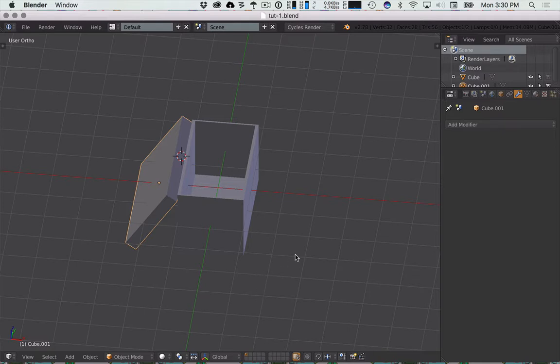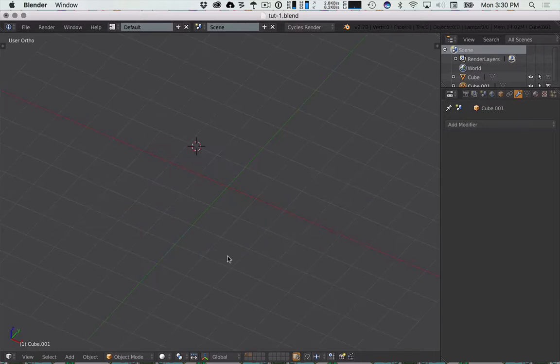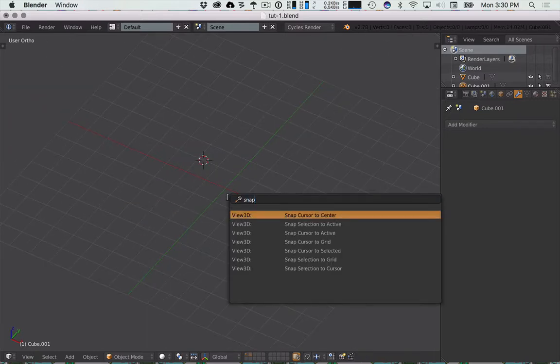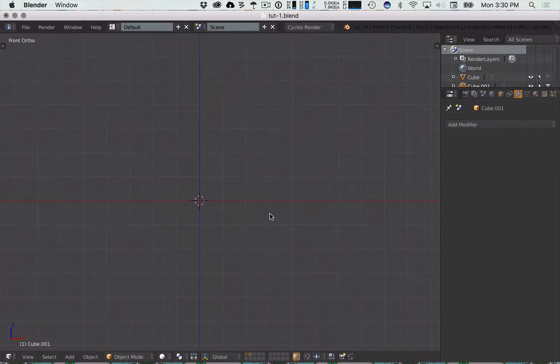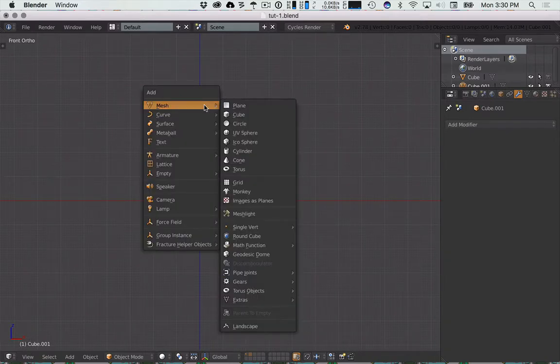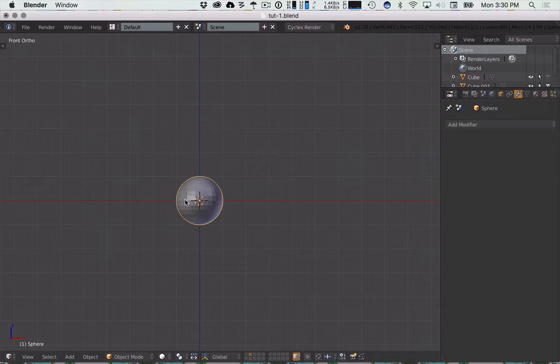So, all right. Okay, so I'm going to move to layer 2. I'm going to make sure my cursor is snapped to the center, and we're going to make an orange really quickly. Okay, very quickly, because I have 15 minutes. So I'm going to make a sphere. But before I do anything to the sphere,